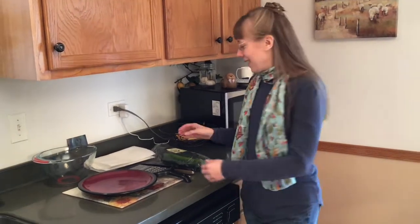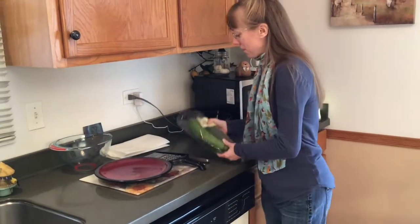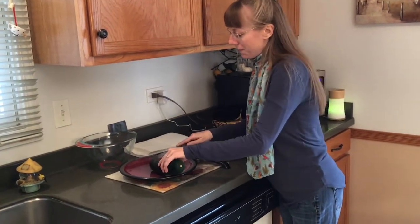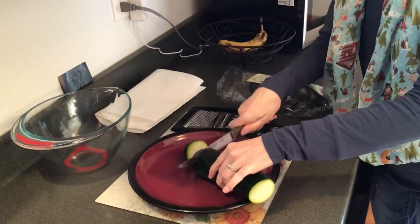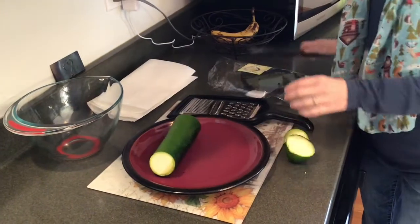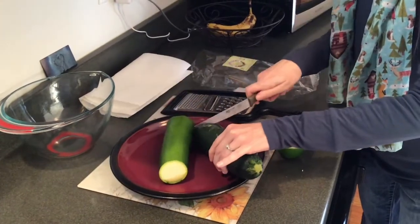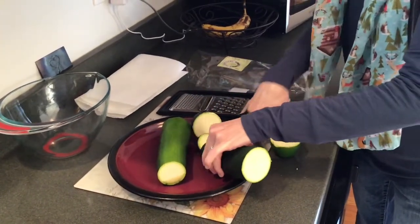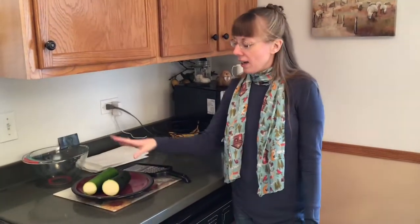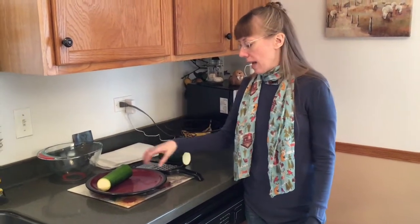So let's get started. I've got 2 medium to small zucchini here. We're going to start one at a time. We just want to cut the ends off. Set that aside. It's rolling around. And now we will cut the ends off of this one as well. So right now they should look something like that. Okay, so at this stage I have cut both ends off of my zucchini. Now I'm going to just put one aside, and one at a time I am going to